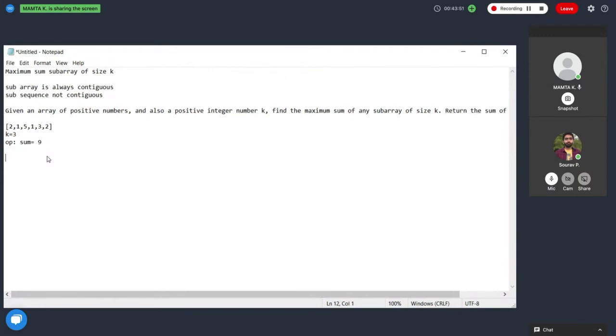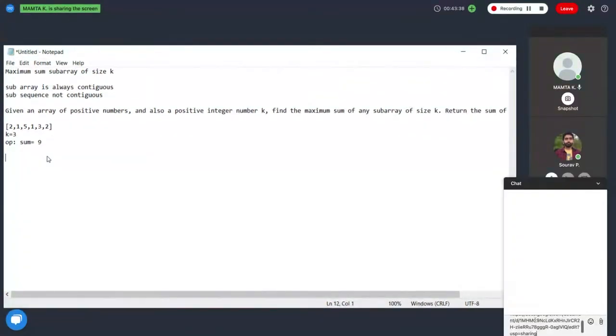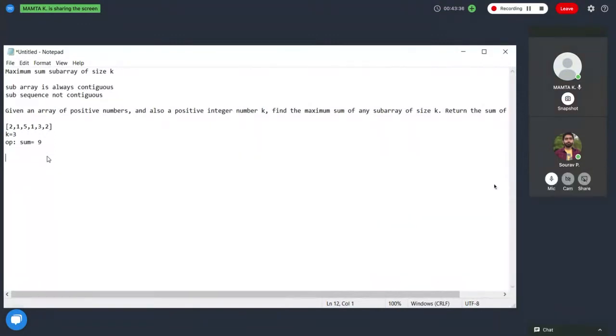Then if the max sum, we keep the condition. If max sum is, after we are done getting the sum in the second loop, sum equals to